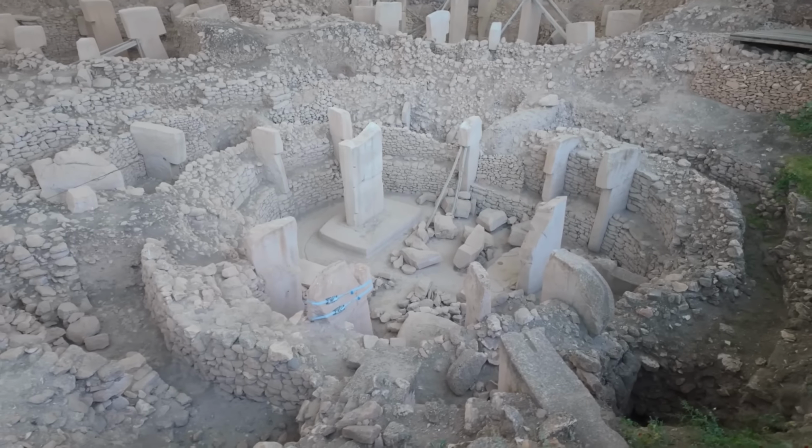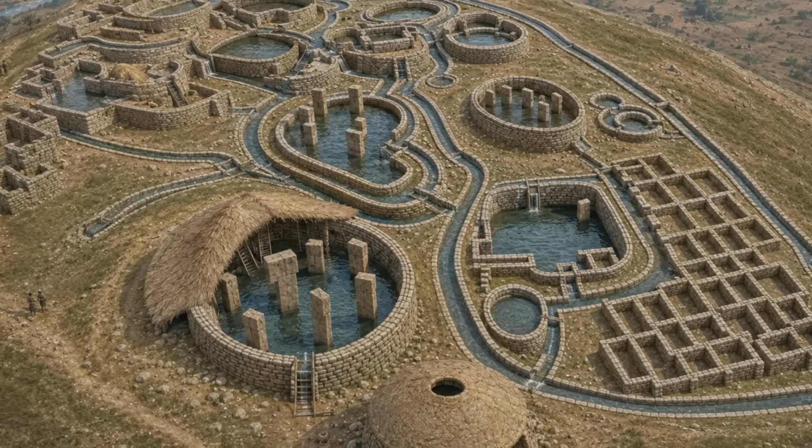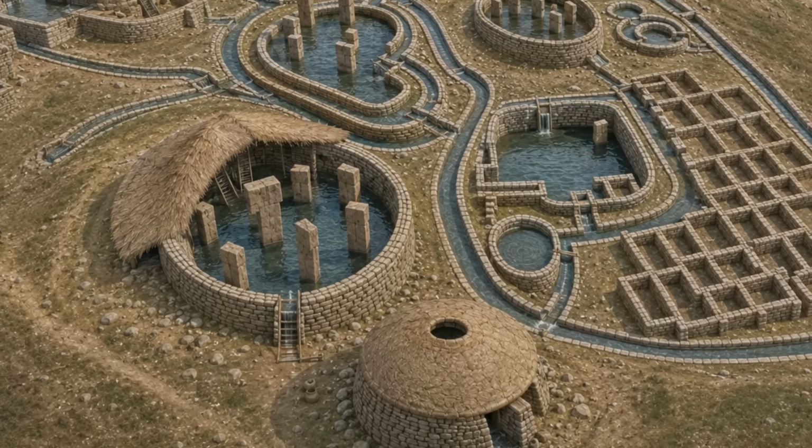Now, terrazzo is not unique to Gobekli Tepe alone. In fact, we find it at many archaeological sites local to that area. But the point still stands. It's clear that the people who built Gobekli Tepe were using terrazzo in a functional way, and it was a repeated use of the same technology. So let's take all this into consideration. What we have here is a hilltop site with engineered water infrastructure and 10,000 grinding stones located right nearby. You have sealed floors, organized in a canal pattern, with functional corbelled cisterns, as evidenced by the chemical properties of